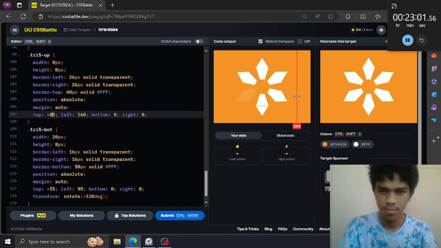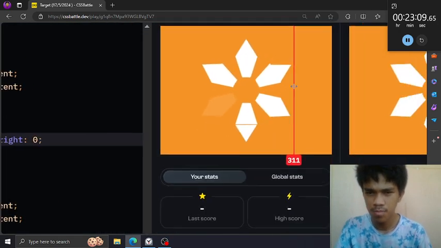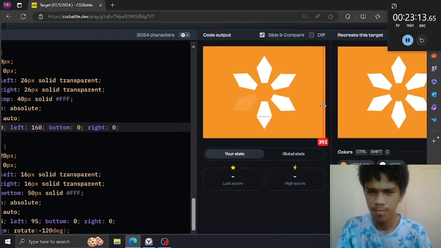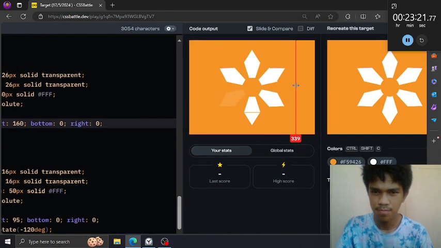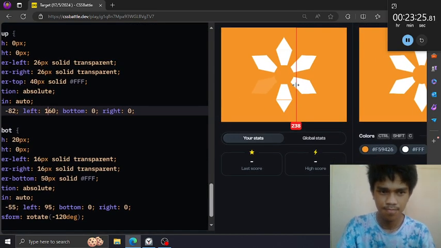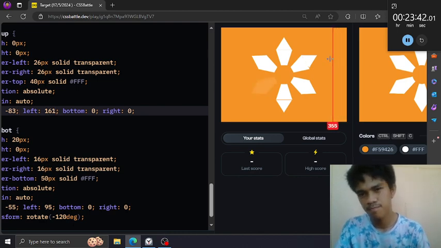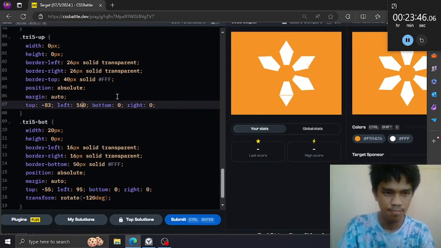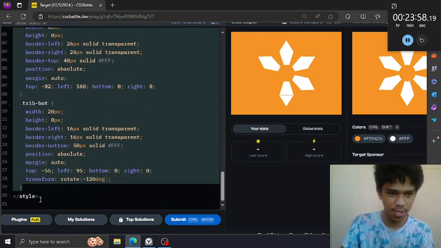One bottom. Okay, it's not perfect, but it's trying to show what it can show.